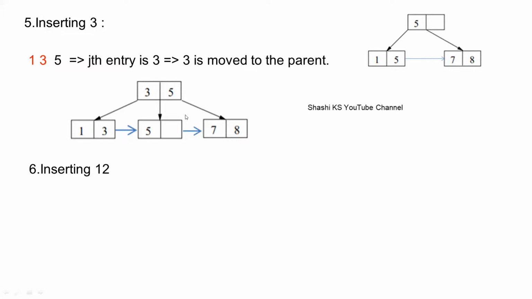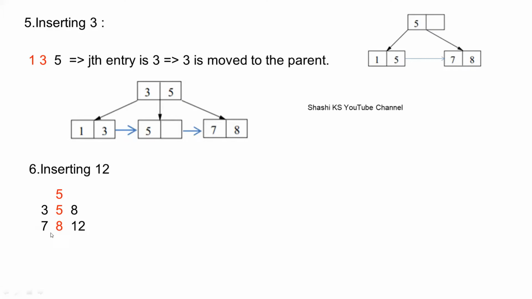Okay, so now I try to insert 12. 12 should be to the right of 5, because values which are greater than a particular key field will be to the right of that key field. So I have to insert 12 in this node. But this node is already full with 7 and 8. Now there is an overflow in this leaf node. Whenever there is an overflow, the leaf node has to be split. So first insert the entries in ascending order: 7, 8 and 12. This is the ascending order.